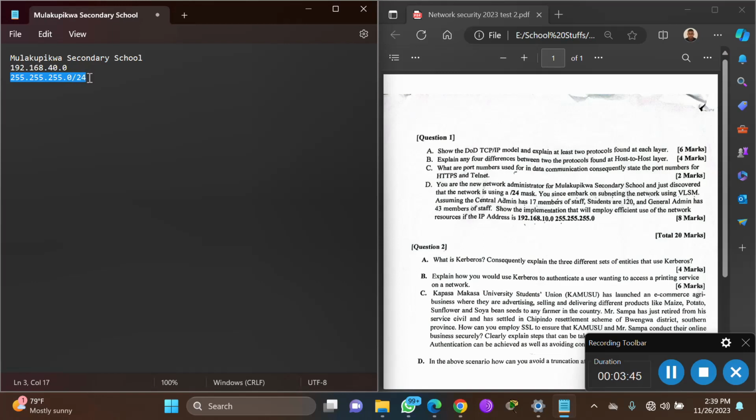Then a slash basically will tell you the number of ones in the network. This highlighted portion is what we call the network portion in a class C. Then this portion, which is just .0, is what we call the host portion in a class C. A slash of /24 means we have 24 ones in this network. And how do we prove that? First of all, you need to understand that if you convert 255 into binary,